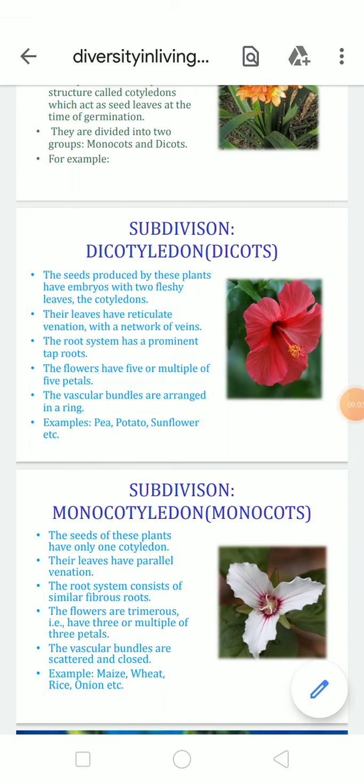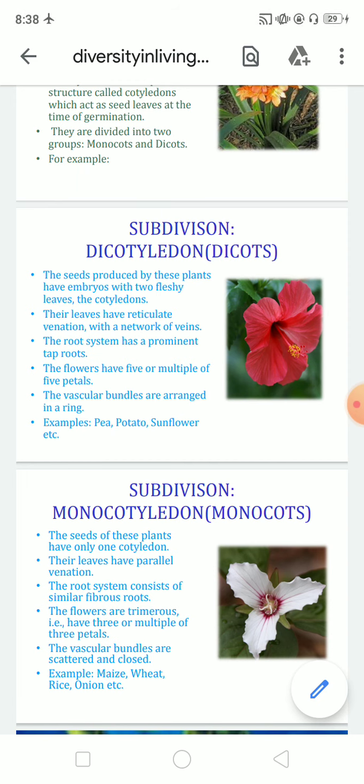Hello students. So today we are going to start with the topic of subdivision, that is dicotyledon, that is dicots. What are dicots? The seeds produced by these plants have embryos with two fleshy leaves and they're called the cotyledons. And their leaves have reticulate venation that we have studied. We must have studied about the two kinds of venation. One is that reticulate venation with a network of veins,